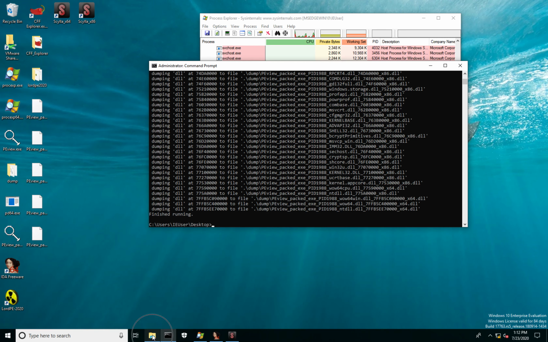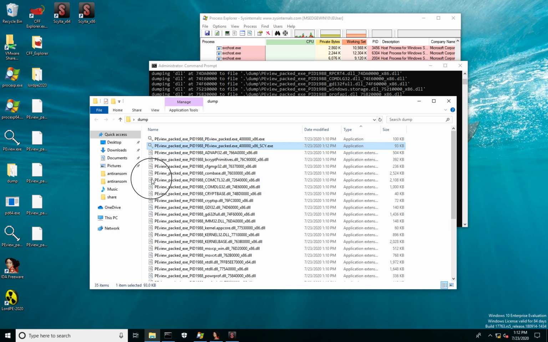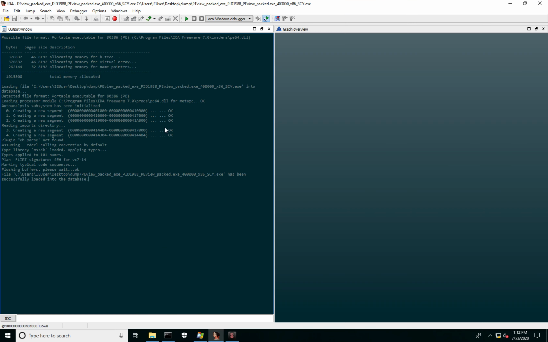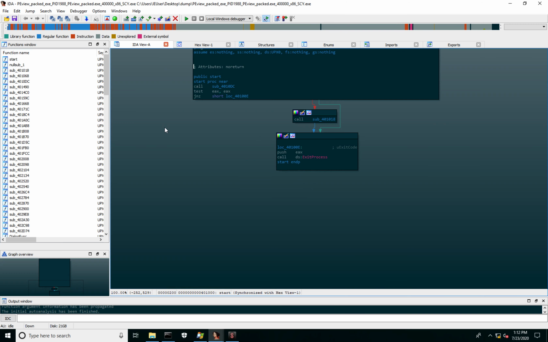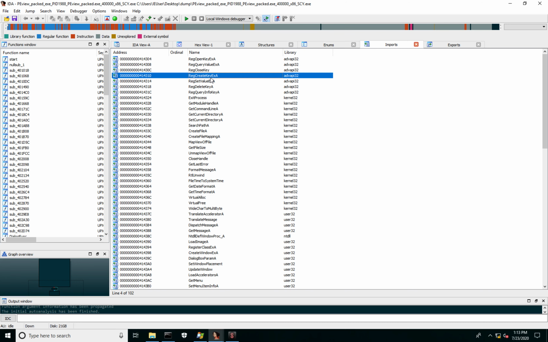The reconstructed version is this one over here. Open it in a new IDA instance. Notice in the imports table that the imports appear to have been correctly reconstructed.